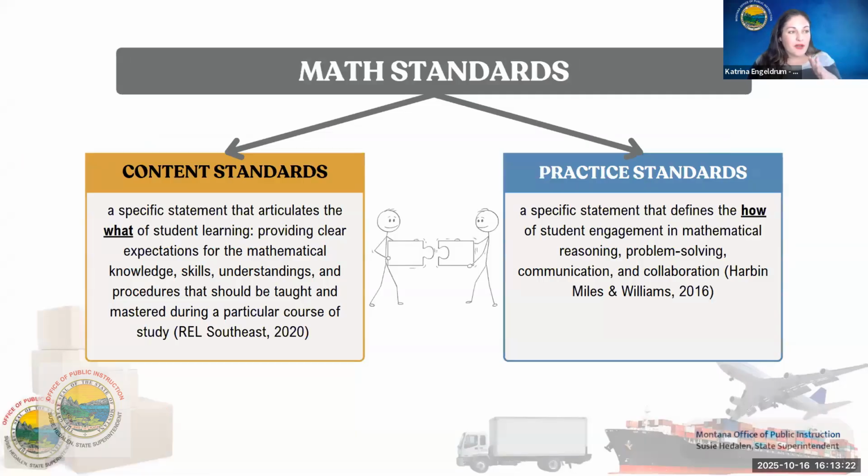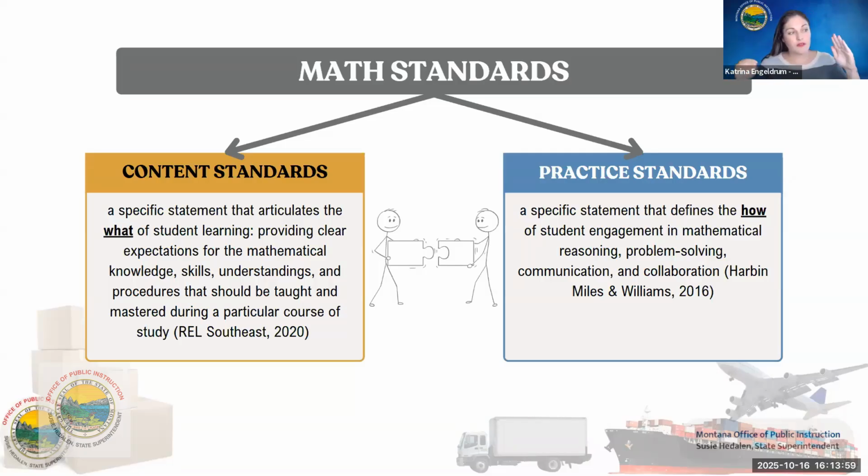I want to start by refreshing our understanding that the math standards for Montana are the required content standards for the state. So this is what the state expects all students to know and be able to do. I do know someone put in the chat, and I've heard from many other educators, that some curriculum consortiums have their own standards. The state standards are the standards, period. So Amy Konzen, you can direct your further questions on that to her. I know she's working with some curriculum consortiums on that, but the state sets the requirements.